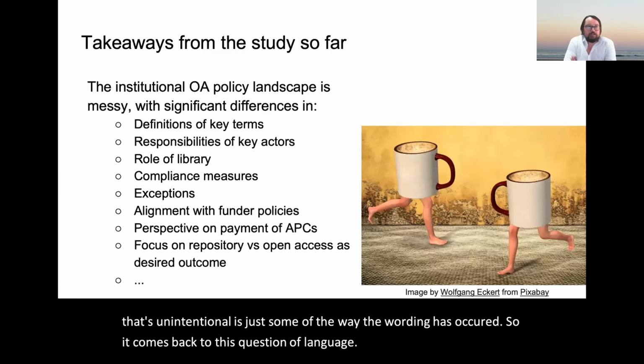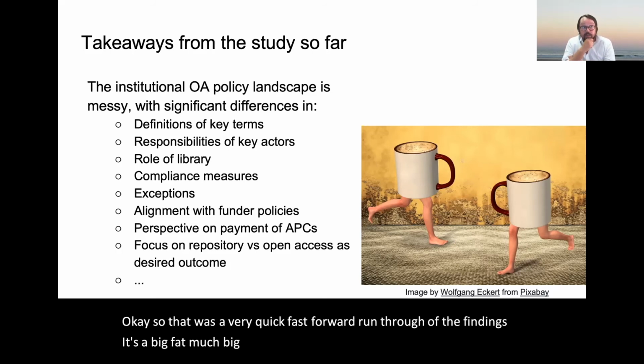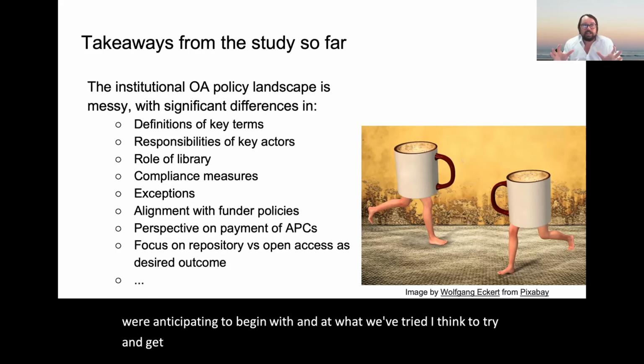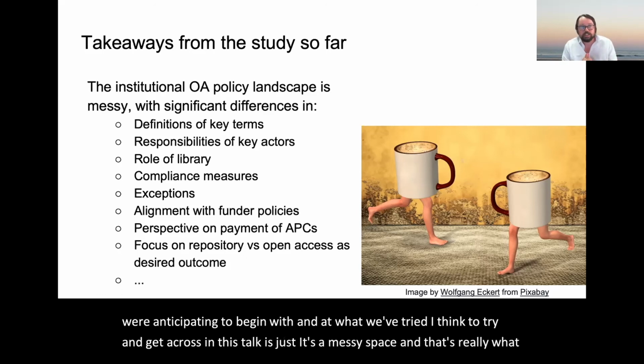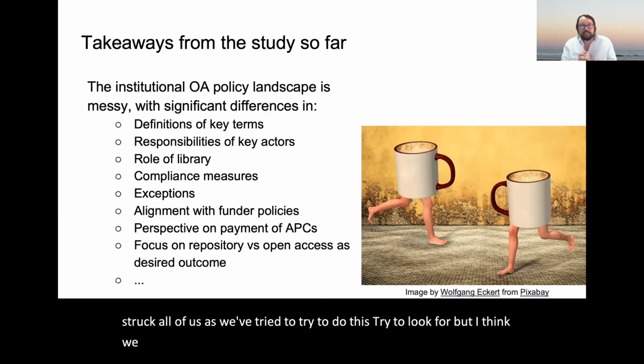Okay, so that was a very quick fast forward run through of the findings. It's turned into a much bigger study than I think we were anticipating to begin with. And what we've tried to get across in this talk is that it's a messy space. That's really what struck all of us as we've tried to do this. We were expecting there to be a bit more consistency, a kind of clearer message about what open access means